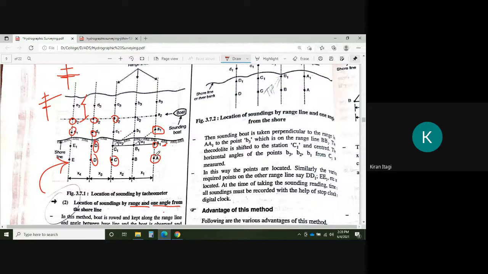Okay, so what you will do, you will stand here and tell the boat person to come along this line. He will move forward or backward, and you will set up at the baseline. You will set up one theodolite, and previously you have already taken the angle 30°. So you will adjust the theodolite to 30° and sight it. Here also you will tell the person to move a little bit upward or downward. When both criteria are satisfied, that is, when ranging and when taking the angle, then you will get that point A1.